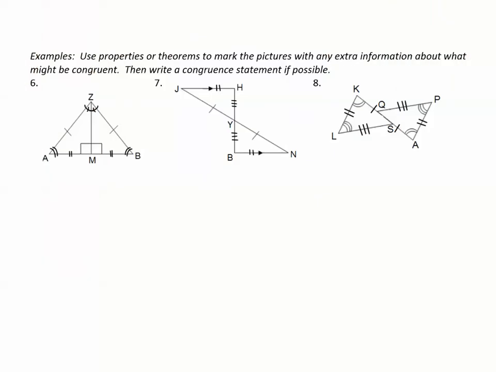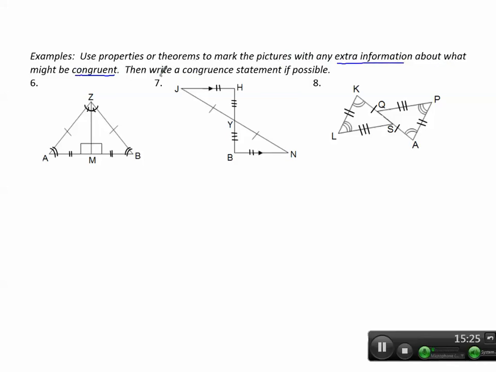Let's see how we can use some of our new theorems and properties. Use properties or theorems to mark the pictures with any extra information about what might be congruent. Then write a congruent statement if possible. So in this picture, I notice there are two triangles, triangle AZM and triangle BZM. They both use this side ZM, so I can mark that it is congruent to itself, and I would write that segment ZM is congruent to segment ZM by the reflexive property